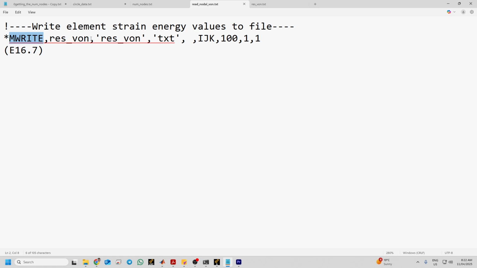Remember, you created this one earlier before. You should have done that before. And it contains the nodal von Mises stresses. It could be a strain energy or whatever if you extracted it. And this is the name of the output string. APDL will create a file called res1 and txt